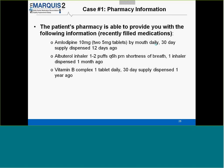All right. What is she on? I guess the problem, well, we didn't really go back over this again, but when you said a best possible medication history, she would not be on the vitamin B complex. Even though, because it was dispensed a year ago, she's not taking that anymore. So she's on the baby aspirin, amlodipine 10 milligrams, oral inhaler as needed, which we include in the best possible medication history, and the Tylenol